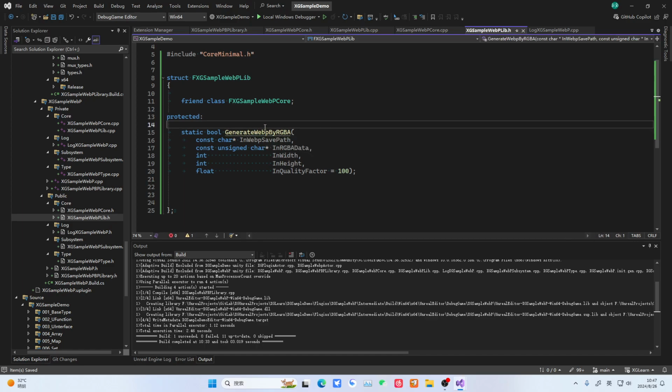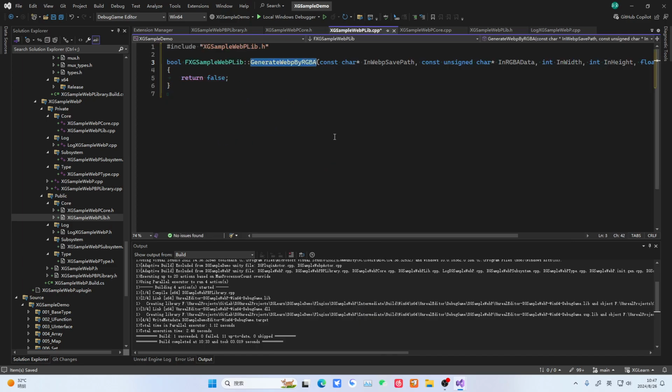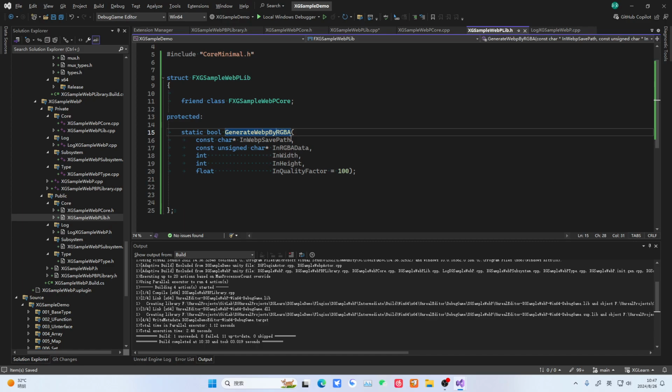We can explain the first interface. This is to generate a static image webp. You only need to pass in an image. Then you specify the height and width of the image and the quality of the image. Then this will save the image to this local path. Yes, okay, so actually here we can return the binary data of this generated image